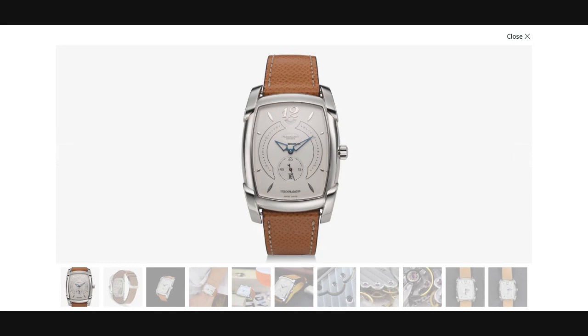I'm going to present you three watches today from Parmigiani Fleurier. All three fit the category of dress watches or dressy watches, in my opinion. Michel Parmigiani always had very clear ideas and a very unique vision about what he wanted to accomplish in the